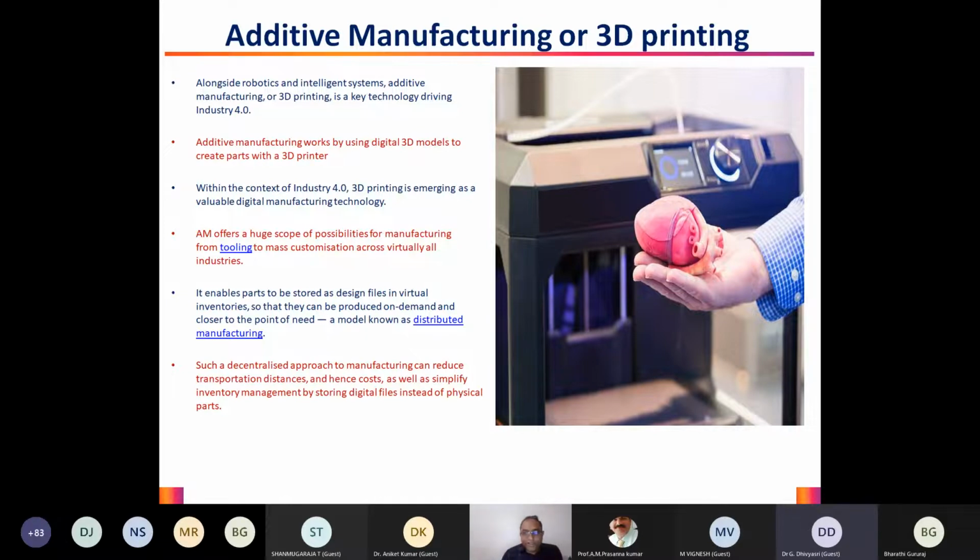What this will do is avoid a lot of transportation. Assume that a factory is set up somewhere, where the entire manufacturing is happening. If I have to take the parts to a certain place, you need to involve too much transportation, where we end up shelling out a huge amount of money. With 3D printers, all you need to do is share the virtual inventory file, so that this file can be used, and as and when the need arises, only then we manufacture. This particular thing is called distributed manufacturing.